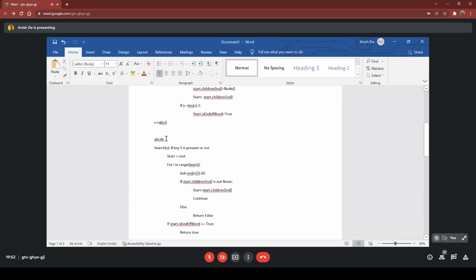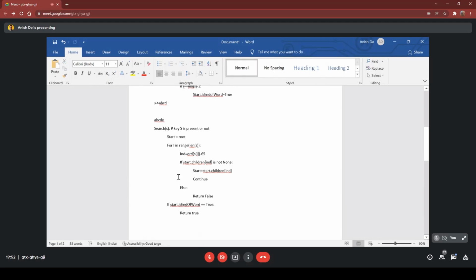Yes. But the word is not ending at D. So for that reason, we are checking whether there is a word ending at the last character of the key, that is D in this case. So if there is a word ending, we return true, otherwise we return false.